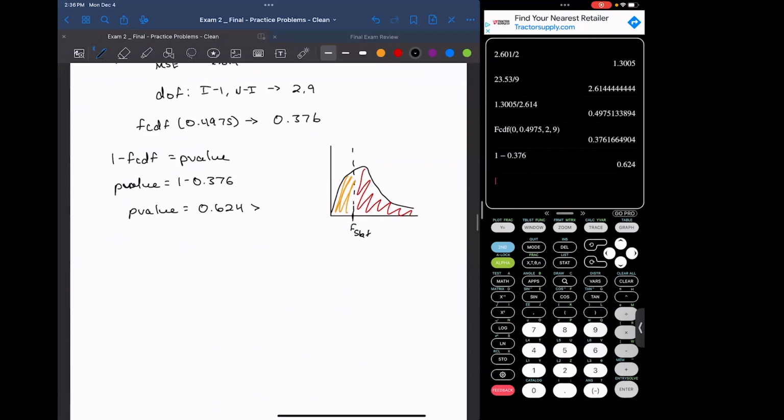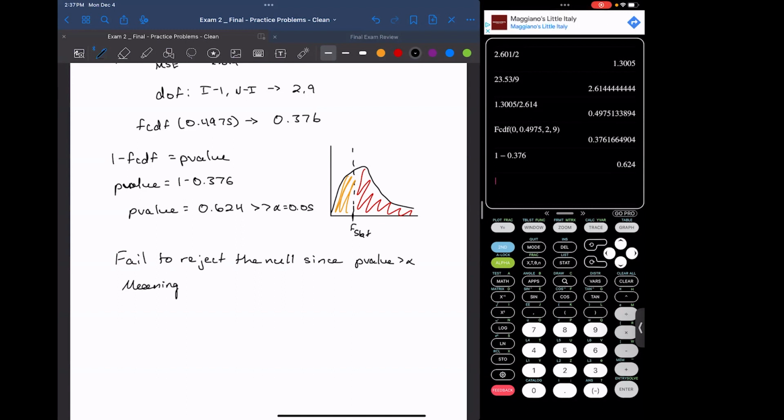So that is way bigger than an alpha of like 0.05, even if you chose 0.5, which wouldn't make any sense. It would fail to reject. So we fail to reject the null since p-value is greater than alpha,